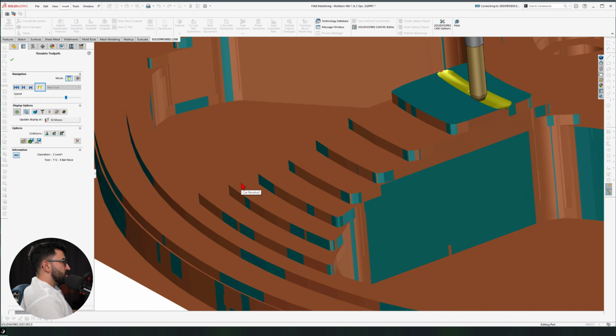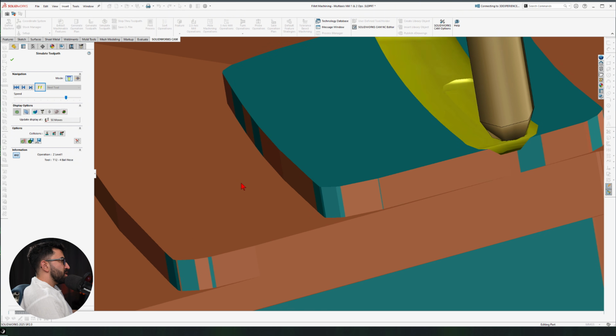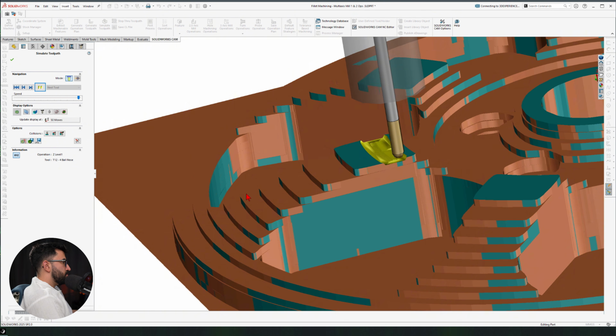This is the first time we are seeing this. So look at this. Look how smooth this is, scalloping this whole thing. If I speed this up,